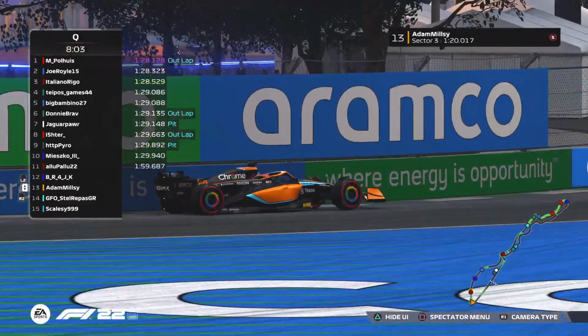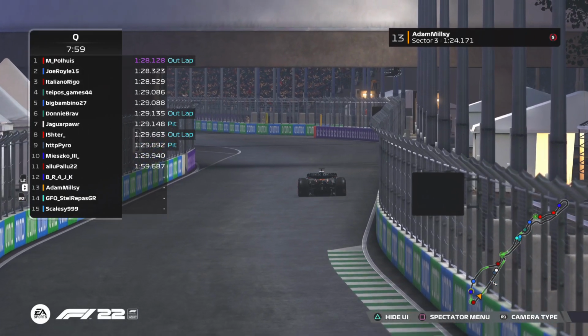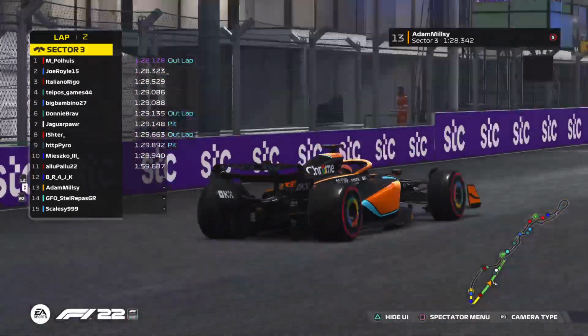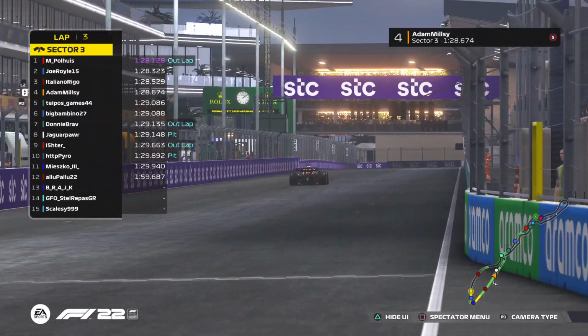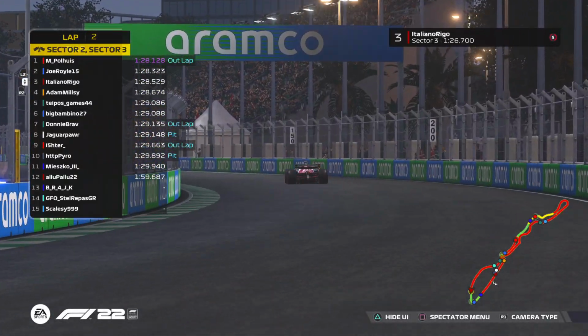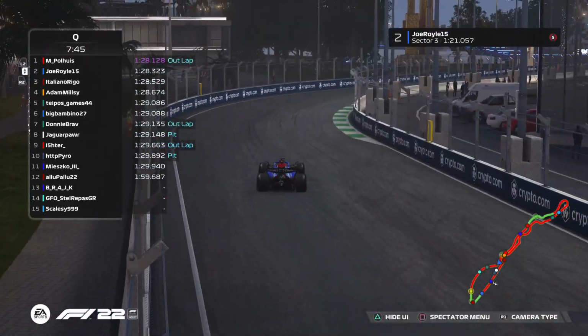But now we can see Adam coming towards the end of the final corner and heading down the pit straight. And with DRS wide open, what time will Adam set? He has managed to keep a relatively clean lap, and he comes across the line and sets a 128.6 and promotes himself up into P4. And unfortunately, Rigo has invalidated his lap, so he's going to continue to stay in P3 as long as nobody else